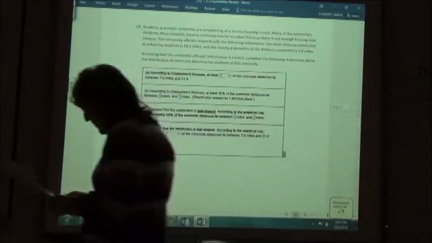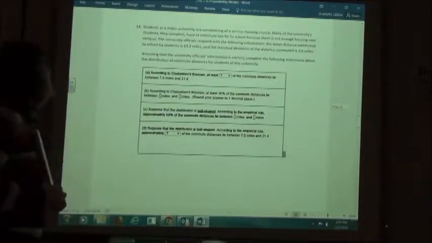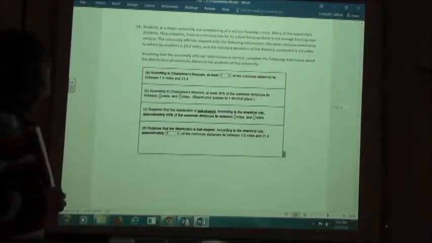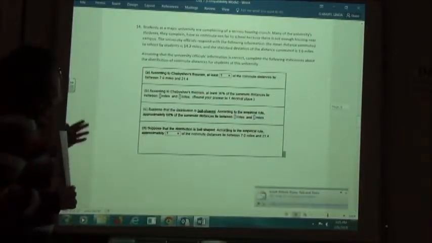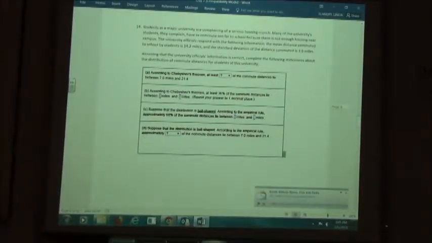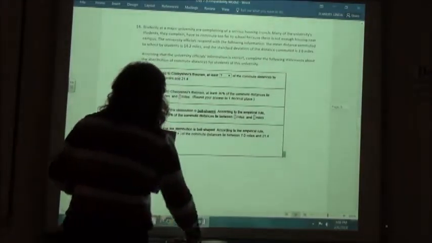All right. So, students at a major university are complaining of a serious housing crunch. Many of the university students, they complain, have to commute too far to school because there's not enough housing near campus. The university official responds with the following information. The mean distance commuted to school by students is 14.2 miles. The standard deviation of the distance commuted is 3.6 miles. Assuming that university officials' information is correct, complete the following statements about the distribution of commute distances for the students